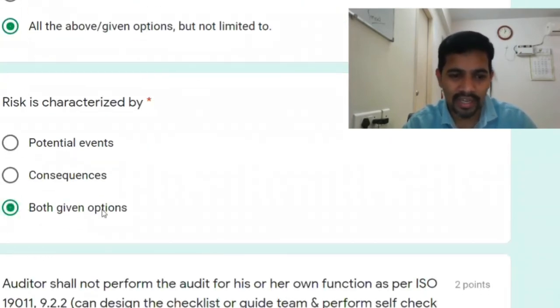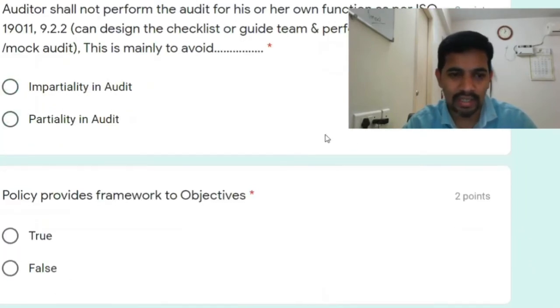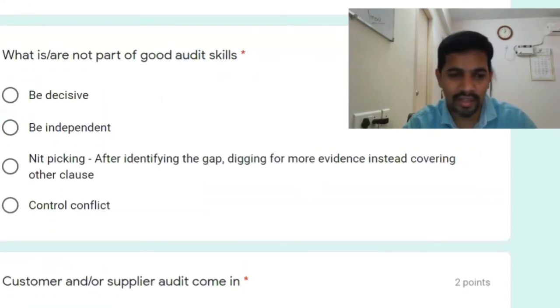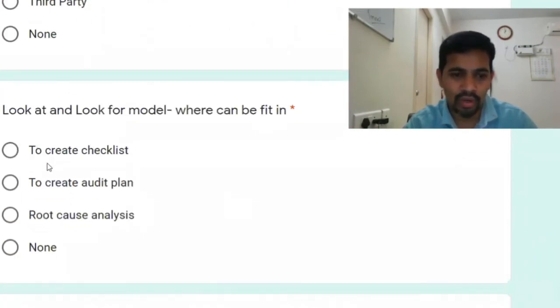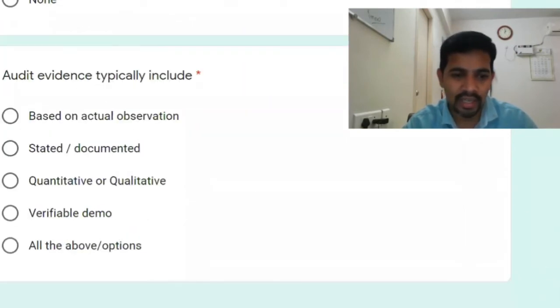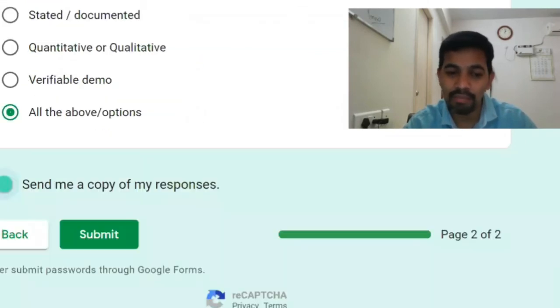And this is categorized by both events and impartiality of the audit, true. If you want to customize the form, you can do that. Nitpicking is not a good audit. And then second party, and look for is useful to create a checklist, and all verified, and then submit.